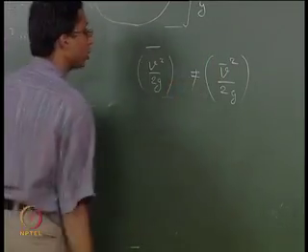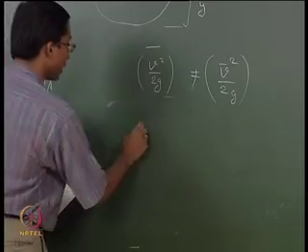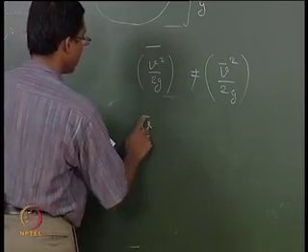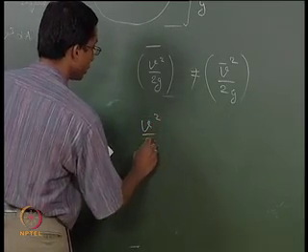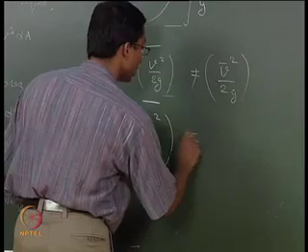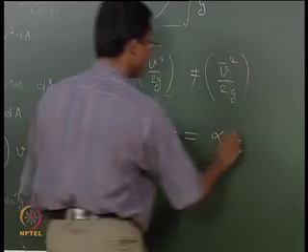As they are not equal, we are correcting them using the following: v squared by 2g, this average, is equal to alpha times